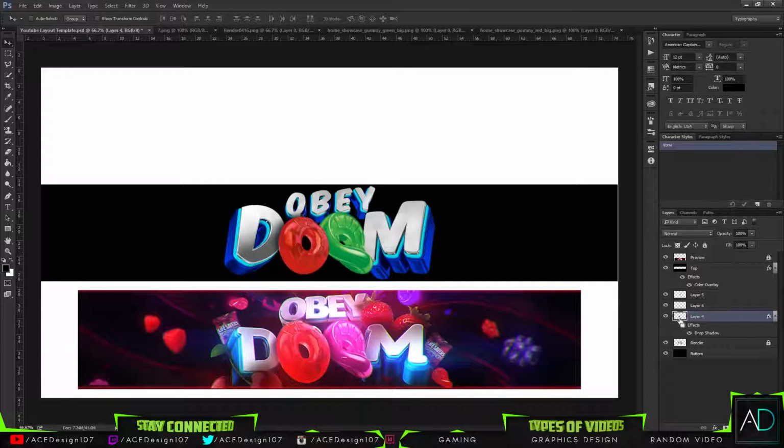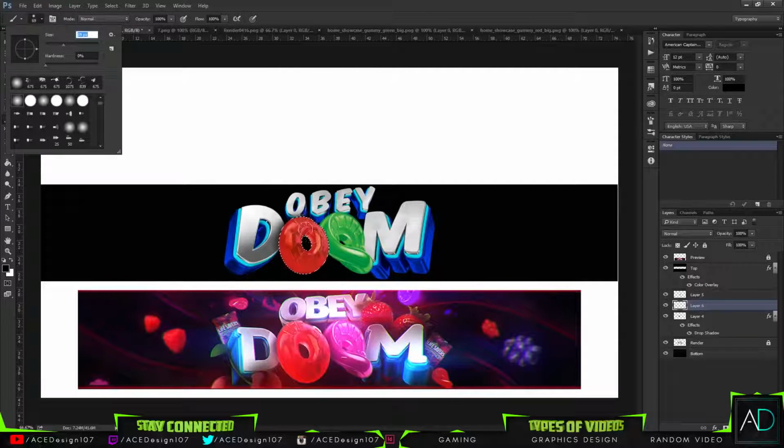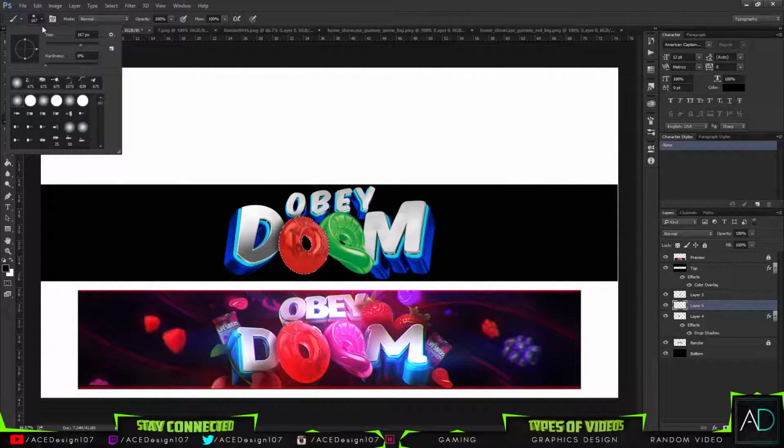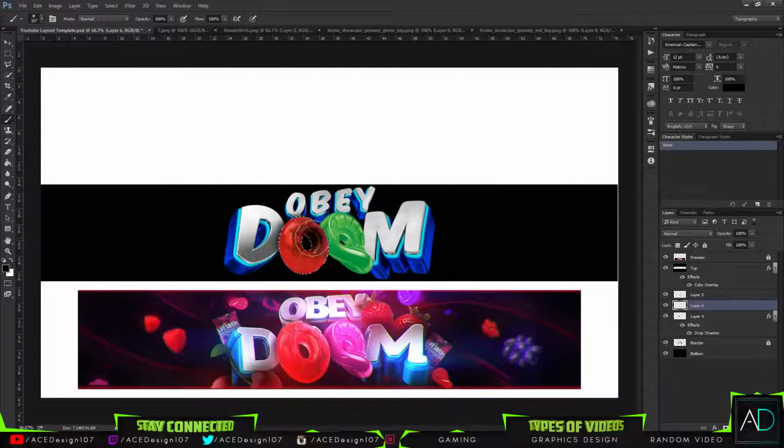So to do that, we Control click the thumbnail of this layer and make a new layer above. And we're going to grab our brush. For the size of the brush, I'll probably do 100. Bigger size means a bigger spread, especially with a lower hardness. So if you have a hardness of 0%, and then just click, you want to make this layer below it, by the way, and just click like here, and you also want this green one to be here. So now once you click on that layer,